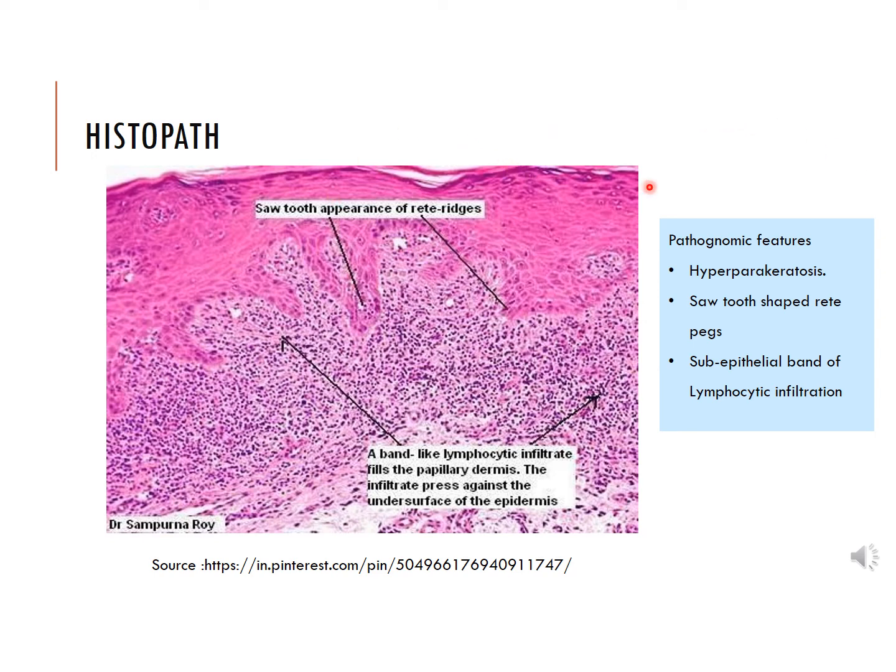Okay, the second feature is sawtooth shaped appearance of rete ridges. That is, there are pointed ends of the rete ridges that are noted. If you look at this over here, as per the arrows over here. And the third most important feature is a sub-epithelial band of lymphocytic infiltration. So these dark blue dots that you see here are basically inflammatory cells, which are primarily composed of lymphocytes. So these lymphocytes are basically attacking the autoantigens in the basal layer of cells, and thus giving rise to